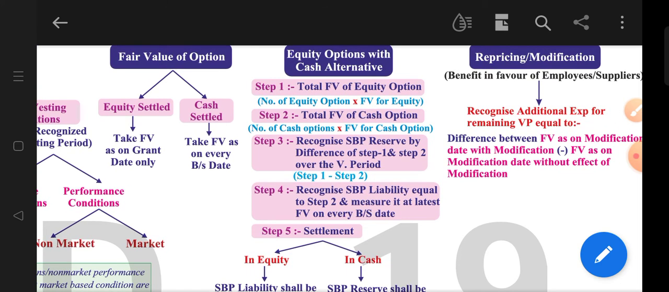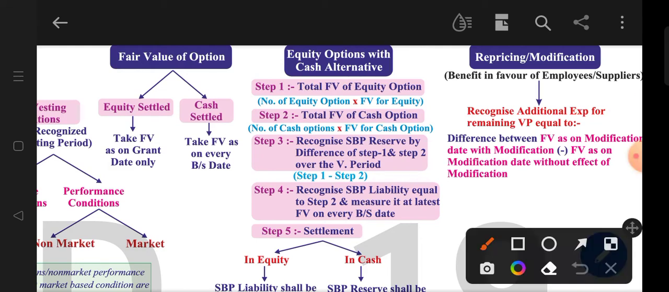then we have to identify that in the equity option the outflow will be this much, in the cash option the outflow will be this much, so we identify and keep both. Then recognize the share based payment reserve by the difference of step 1 and step 2 over the vesting period. Means we have to recognize the share based payment reserve. Means it is the difference, and we have to expense it over the period of the vesting